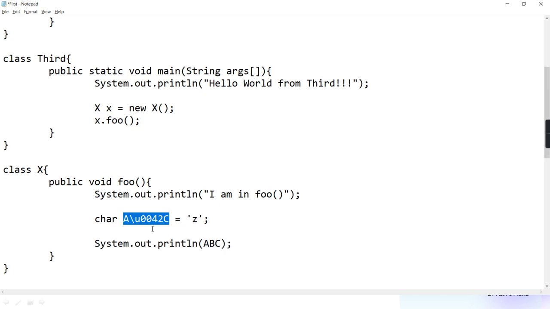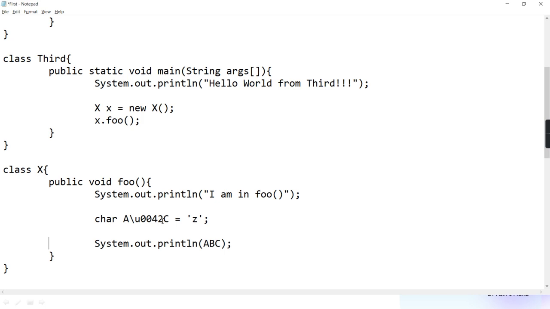ABC only. Okay, so this was just an example, but actually here it was meaningless because you were able to type capital B through your keyboard. Through your keyboard, can you type capital B? Yes, but still I used this technique, backslash U0042, which is actually the code of capital B only.